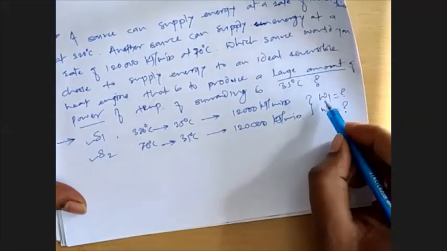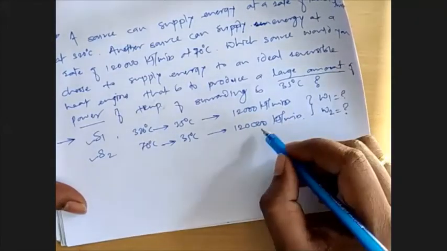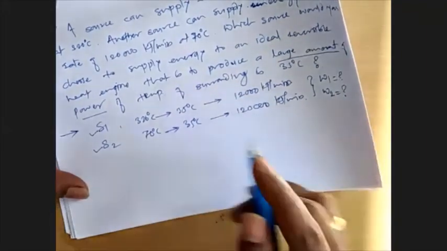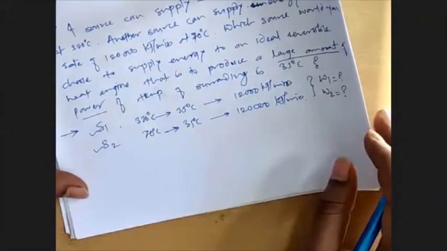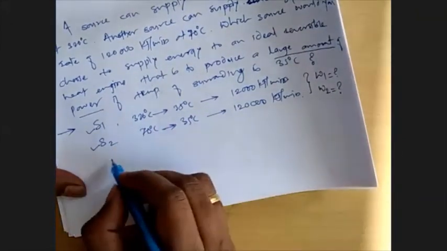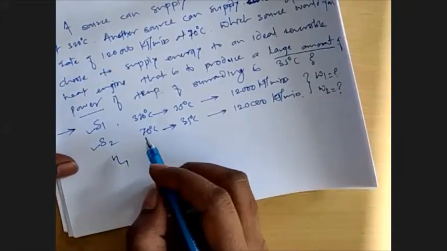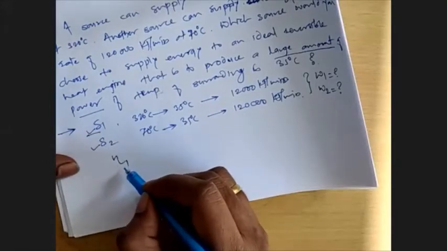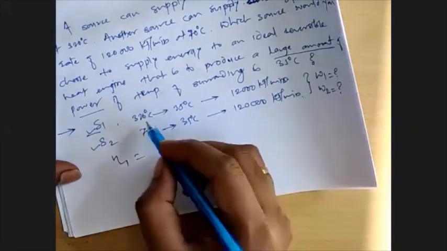And if W1 is greater, we'll choose source 1. If W2 is greater, we'll use source 2. So there are temperatures of the source and sink. So what scenario we are going to follow? We'll calculate N1 first. Now we are going to use notation 1 for source 1 and 2 for source 2. So N1 is equal to, source temperature is,